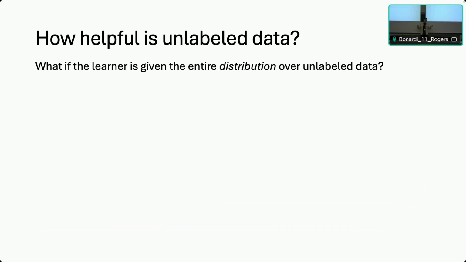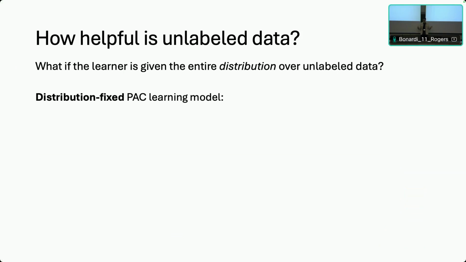One angle that you can take to approach this is to ask, how helpful is unlabeled data? In the limit, I can ask, what if I give the learner an infinite amount of unlabeled data points? Or even more extremely, what if I give the learner the marginal distribution on unlabeled data? We study this using what we call the distribution fixed PAC learning model. Before I flash the bullet points, this is just the PAC model, except I give the learner the marginal